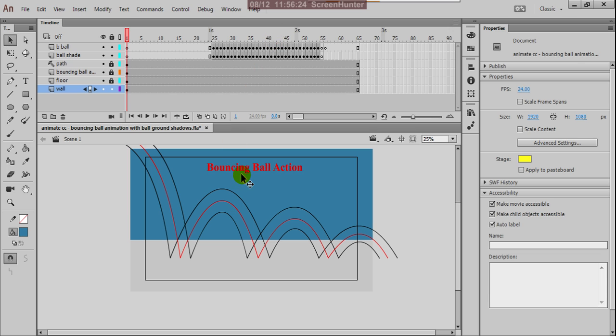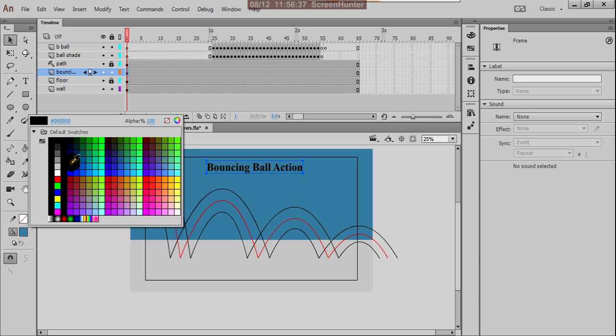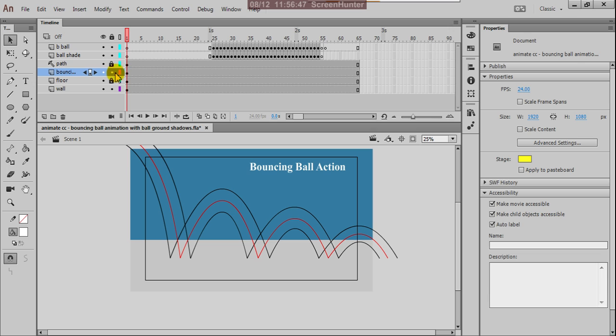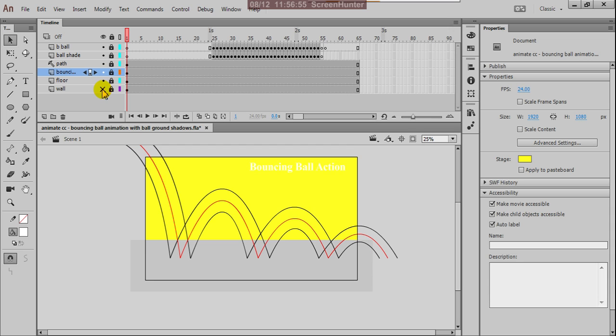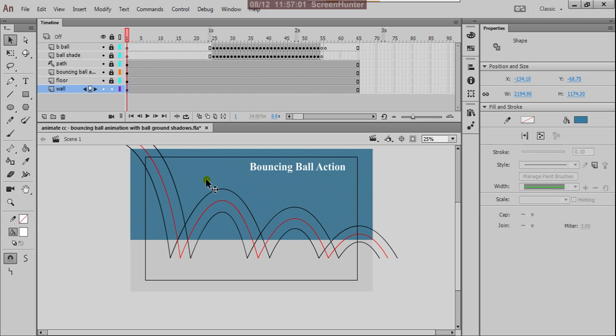Okay, and now this bouncing ball text, I want to change this text. This must be almost in white, that too a bit aside. Okay, right. Yeah, this I think some other color I want to do.